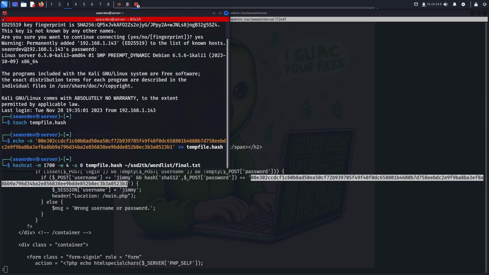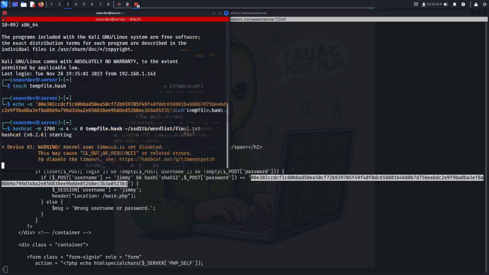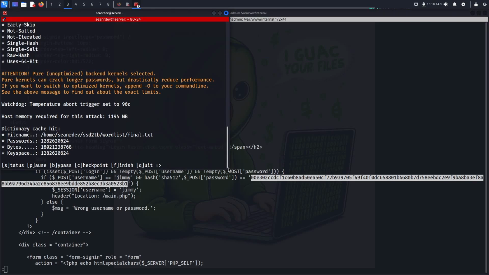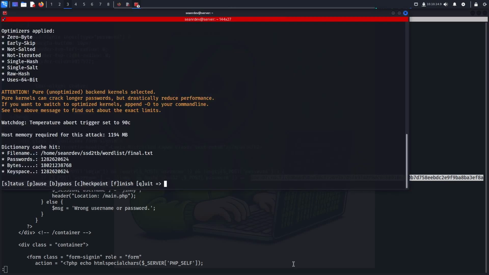A is basically the mode of the attack. So 0 would be a straight attack, while like 3 would be brute force. So we're going to use straight attack. And start it. And so while that's running,